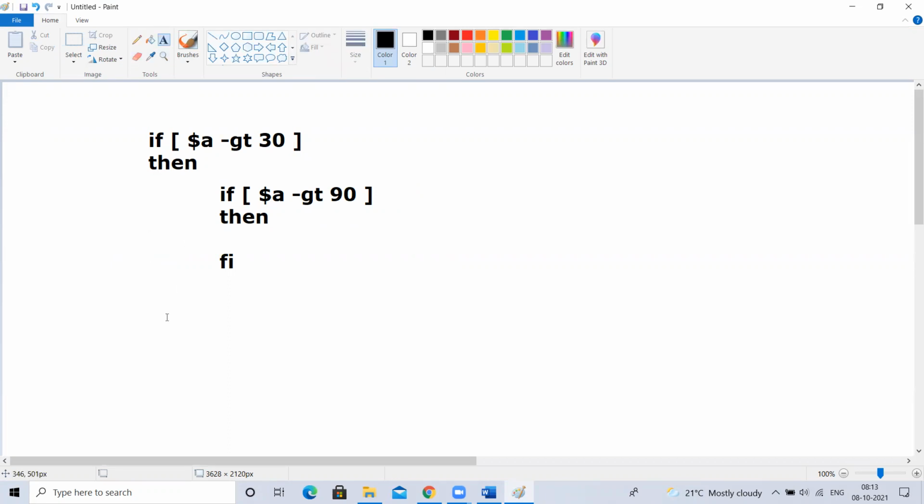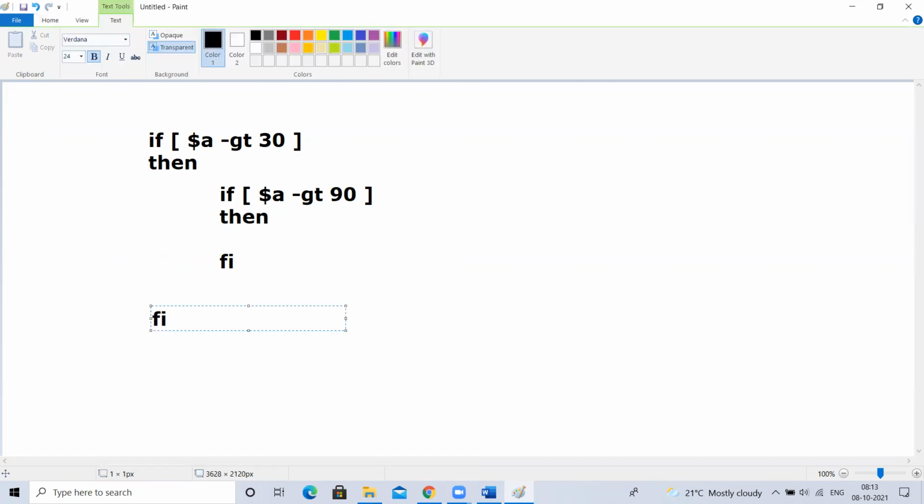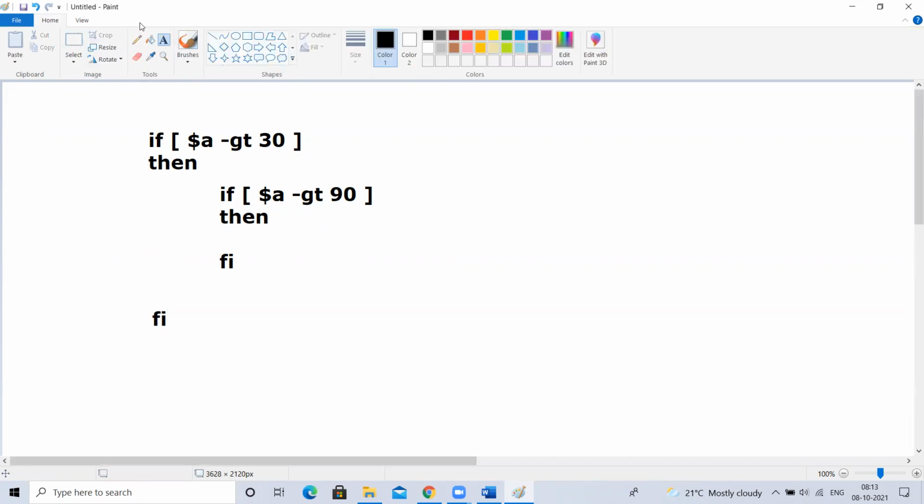This is the outer if. If this condition is satisfied, I want to check one more condition. So this is the inner if. I'm writing one if condition inside another if condition. This is called nested ifs.